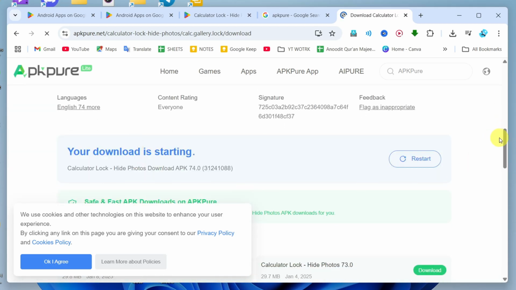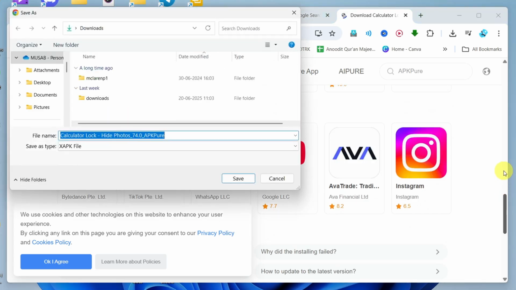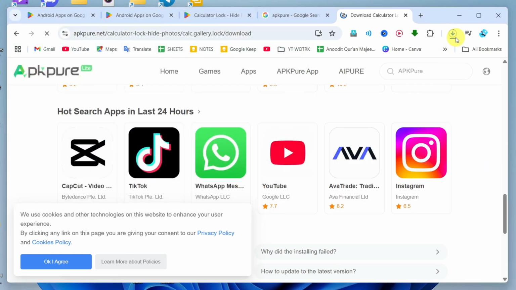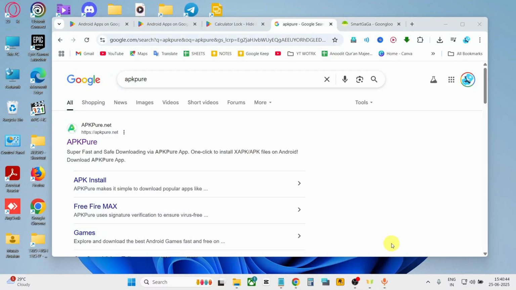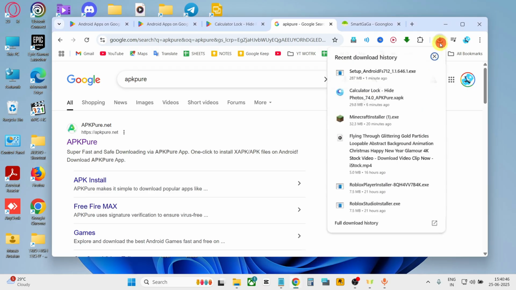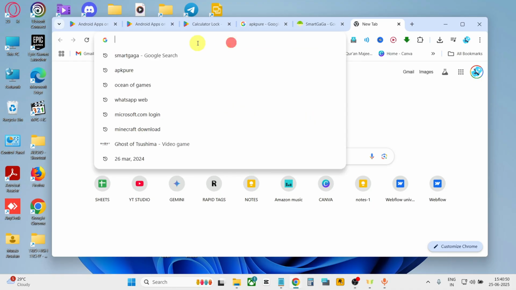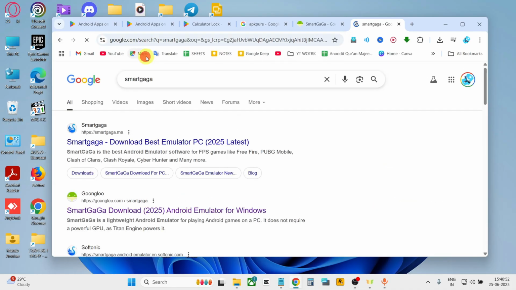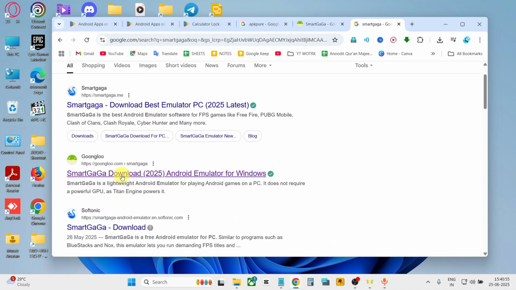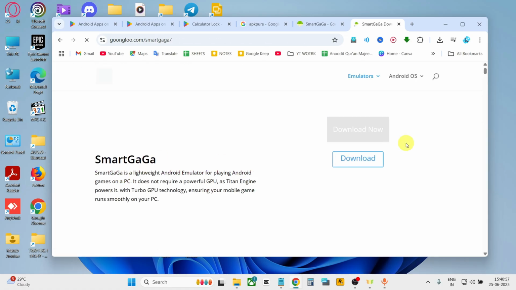Click on download and your download will get started. Click on save, and as you can see your APK is being downloaded. Now after your calculator APK is downloaded, simply what you have to do, open a new tab and type Smart Gaga. Open it, open this tab, click on this link